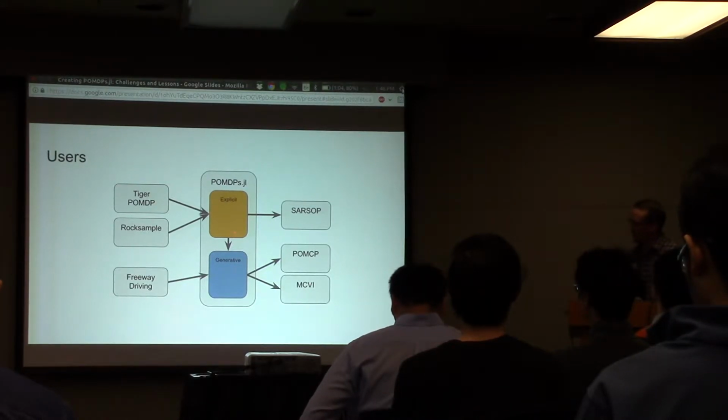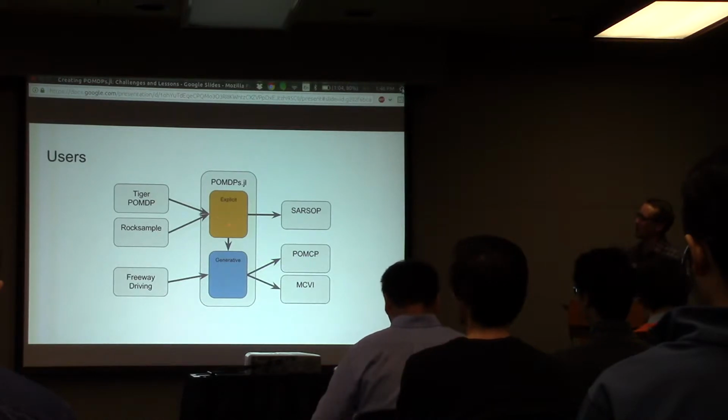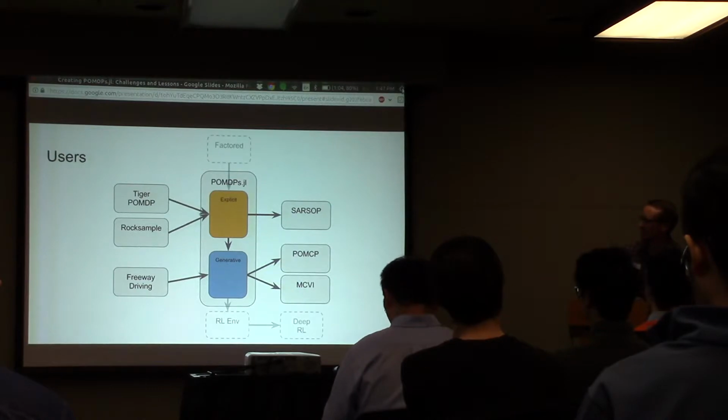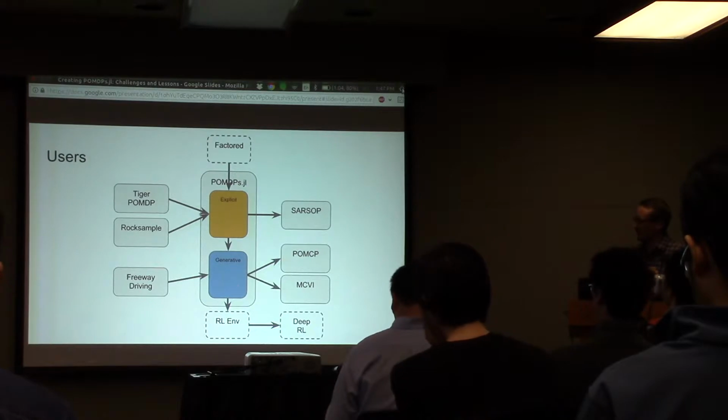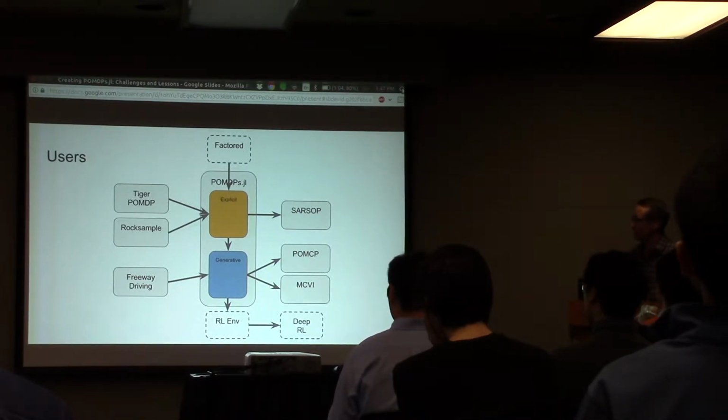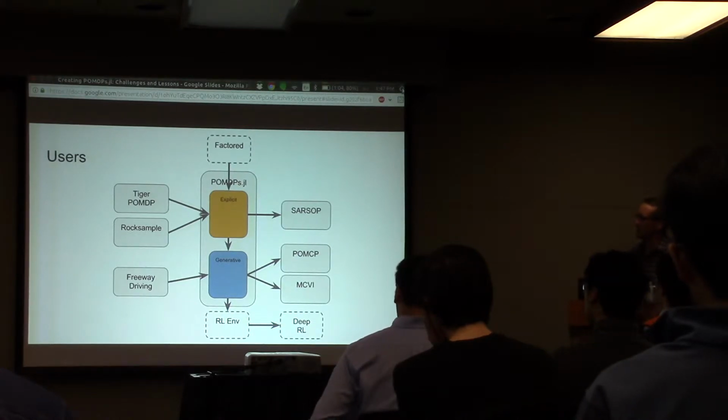So we decided that we needed to create this explicit interface and the generative interface, and that if you created an explicit model, it would also provide a generative model automatically. And then we think that there's room definitely for more components to this. So if you have a generative model, then it's easy to make an RL environment out of that. So someday we could have a wrapper that makes this the same as an OpenAI Gym environment,